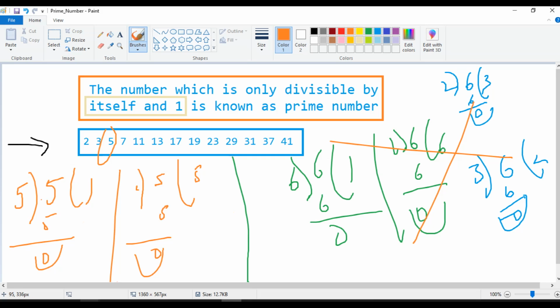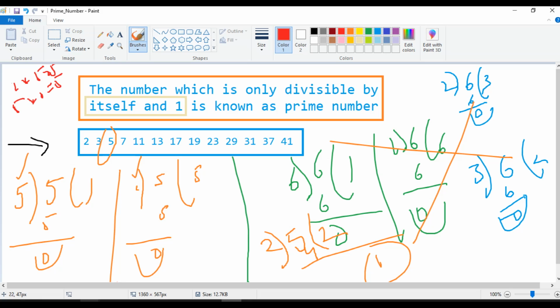Then only we can say that is a prime number, right? For example I took 5, so divisible by itself, that means 5, and 1. Can I try with others? So I will try with 2. 5 divided by 2, I am trying. 2 2s are 4. Check the remainder. Still we have remainder 1, meaning it cannot be divided properly. That means only two possibilities are there for prime numbers. 1 into 5 is equal to 5. Same, 5 into 1 is equal to 5. Only two possibilities.